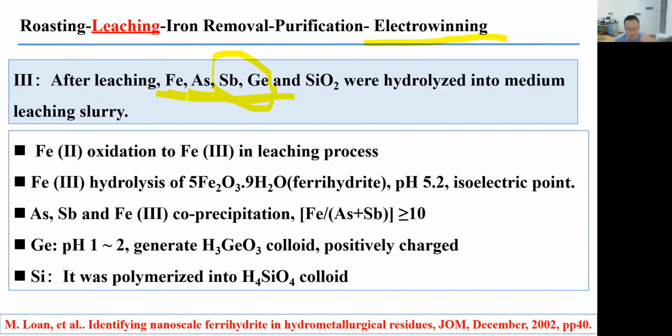But the good news is that when we have those impurities in the system, part of them will report to the leaching slurry. But we have to make some efforts to use the properties of some ions. For example, ferrous iron should be oxidized to ferric iron, as we analyzed with the pH